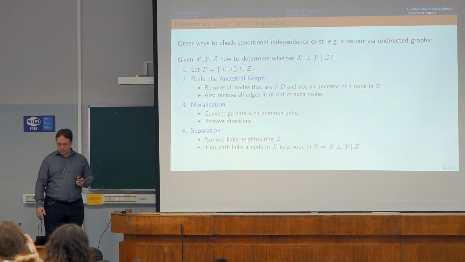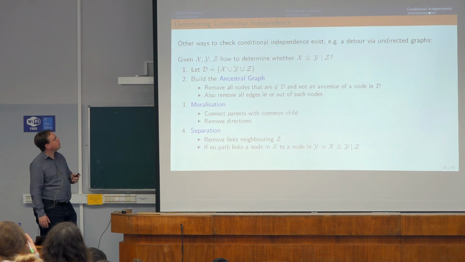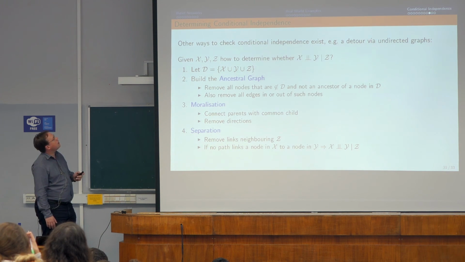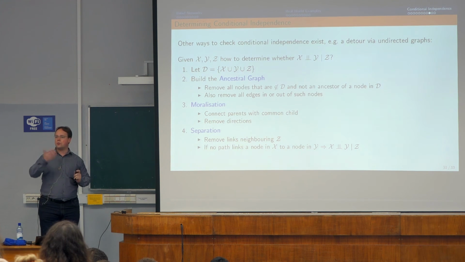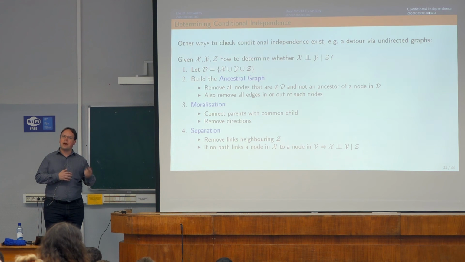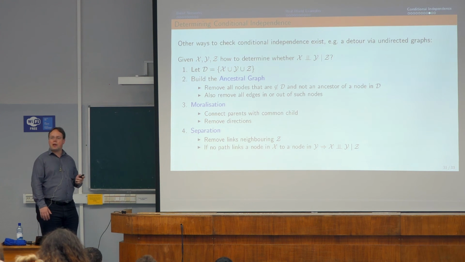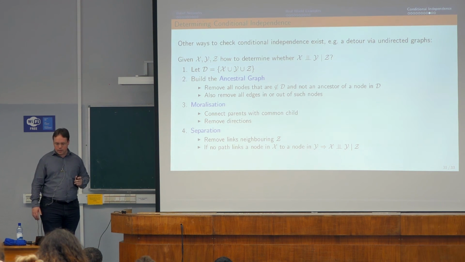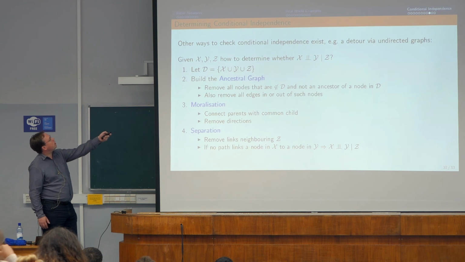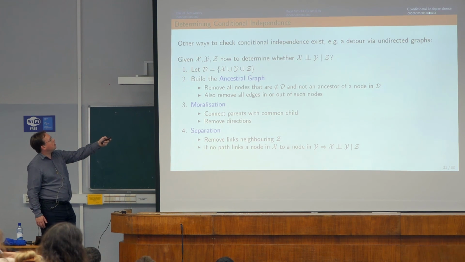There's another way, and that's maybe the last one to say. Another way of checking conditional independence between things is what you suggested. You go from a directed to an undirected graph. And for undirected graphs, things are easier. So we haven't talked about undirected graphs, but this method doesn't really need it yet. So you can also check if two parts of the model are independent of the others by the following three